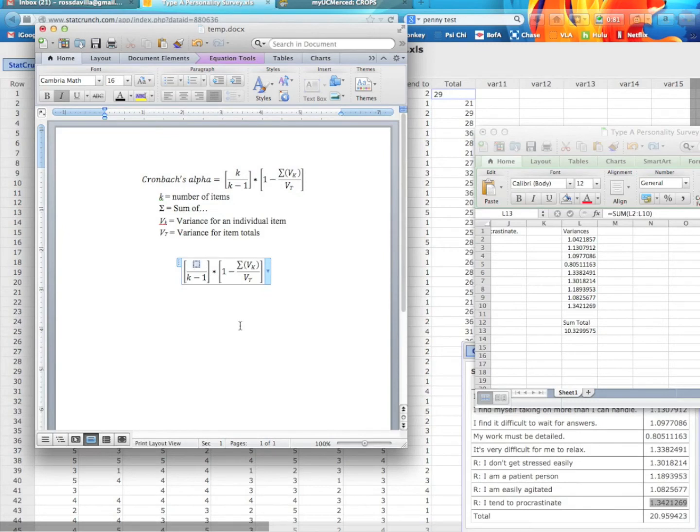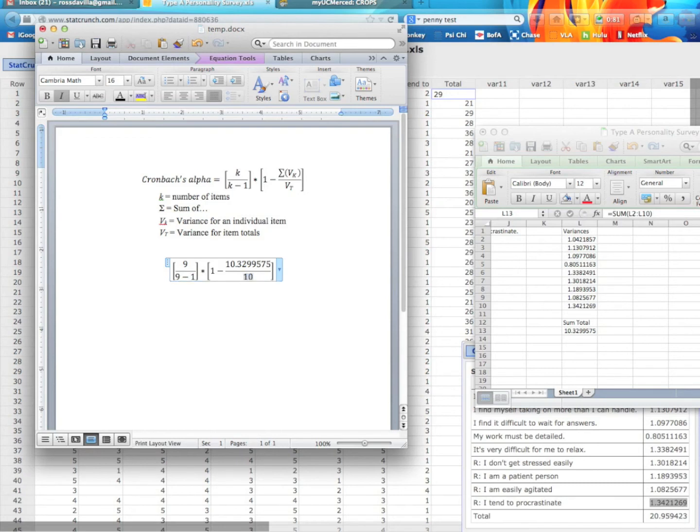And again, all this is the number of items we have. Here we have 9 over 9 minus 1. And of course, for you, you're going to have 10 over 10 minus 1. And then here, we're going to have the sum total of all of our variances for each item. And we just learned that that's 10.3299575. You might say, well, do we really need all these decimal places? I say try to keep them in, especially for something that's a pretty short process. You can go ahead and do that just to make sure that you're getting a really exact alpha number, or Cronbach's alpha.